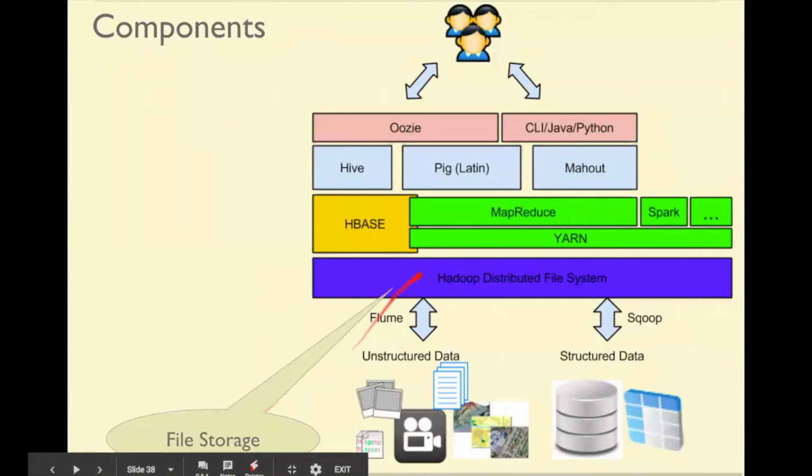Here the most important component in case of Hadoop is the file storage. What does it mean by file storage? This component of Hadoop, called Hadoop distributed file system, is the heart of the system. It's the basis for every other component. Almost everything in Hadoop is stored in Hadoop distributed file system. Like on your computer, you have C colon, D colon, which stores files in folders. In the same way, HDFS is a file system which stores files in folders,